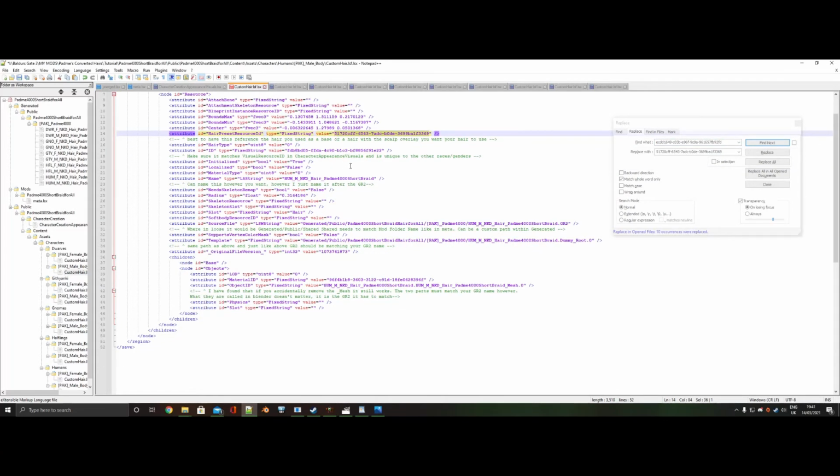Okay, next part of the merge, but what we now call custom hair thanks to ShinyHobo. Name. So far I've noticed this can pretty much be anything, but I name it after the GR2, the format of the meshes for Baldur's Gate. So like here, it's exactly the same as that. So source file. This needs to be exactly the same as your structure in your mod folder. So generated public, Padme 4000 short braid hair for all,